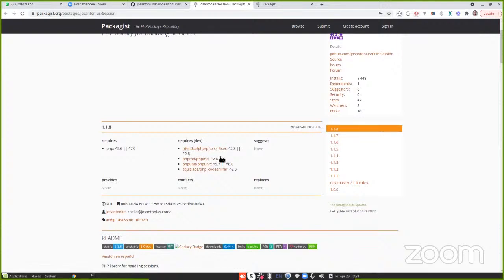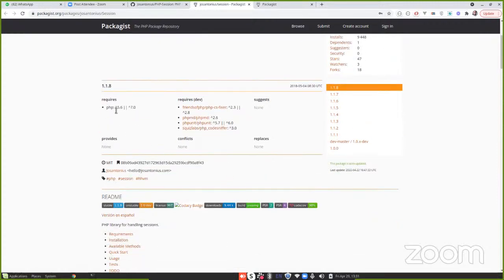You can see the dependencies for this, but this is for development. So for development, it requires this, and this requires this. I don't know if we should talk about